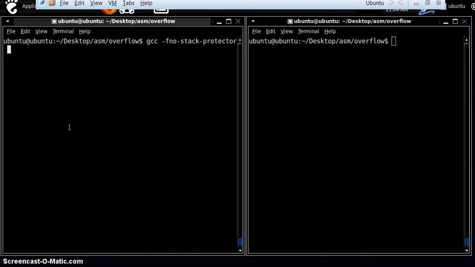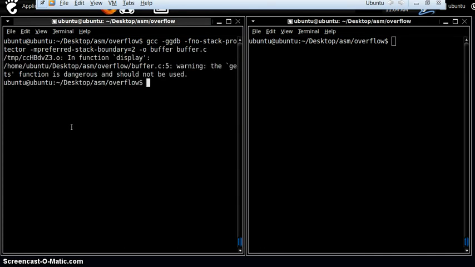Okay, first we should use ggdb. Then we use preferred stack boundary as 4 bytes, 2 to the power 2. Then create an object buffer from the file buffer.c.